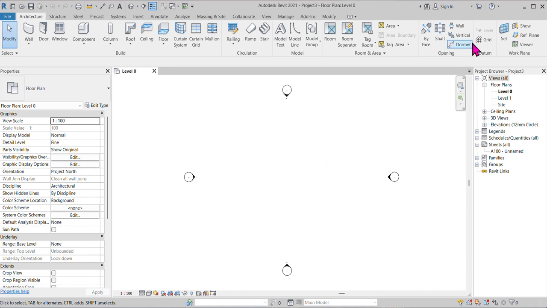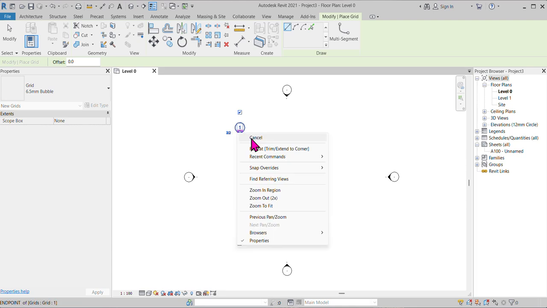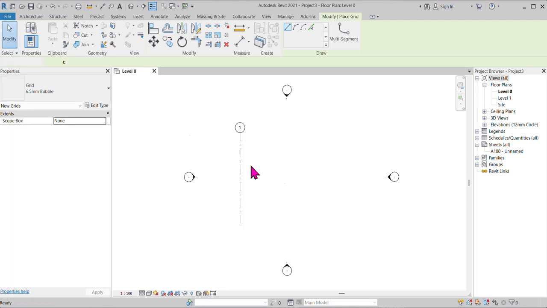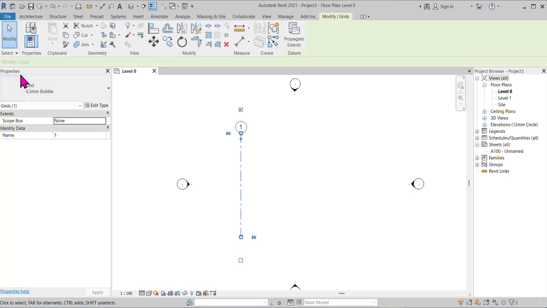Okay. So first of all, I can go to the Architectural menu and get the grid. So here I can draw the grid, right? Here you can see the bubble, but here it's not visible. Okay. So you can just select it and go to properties,